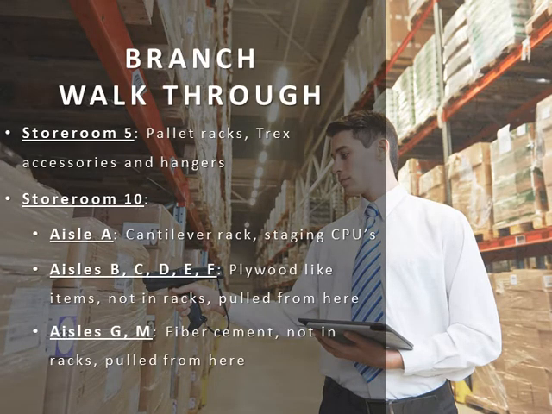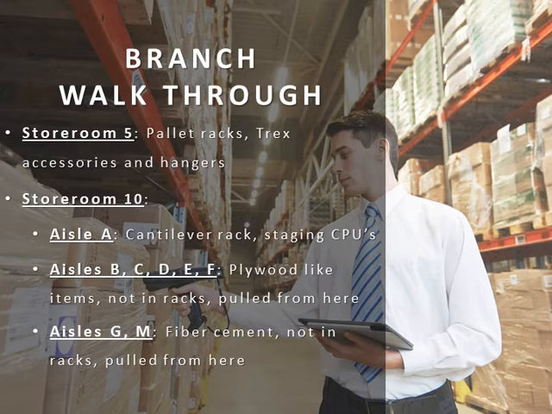Storeroom 5 is the pallet rack for Trex accessories and hangers. Storeroom 10 consists of the following aisles. Aisle A is a cantilever rack for staging CPUs. Aisles B, C, D, E, and F are plywood-like items that are not in racks and will be pulled from